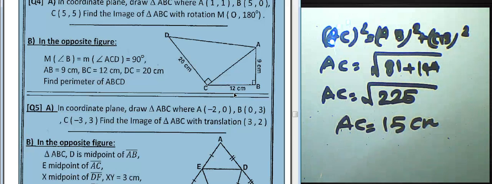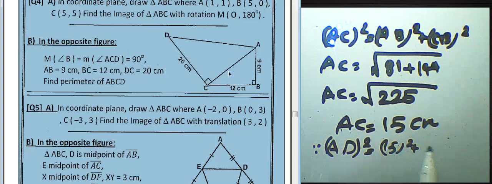15 centimeters. Then AC will be 15 centimeters. And then in triangle ACD, you can find the length of AD by using the Pythagorean theorem, such that the measure of angle C equals 90 degrees. You can find AD in triangle ACD, such that AD power 2 will be EC power 2, here 15 power 2 plus 20 power 2